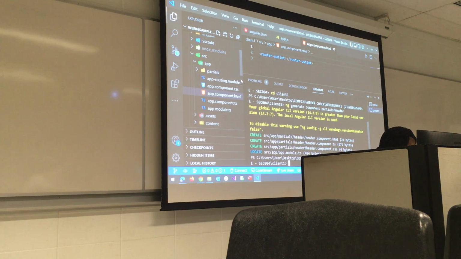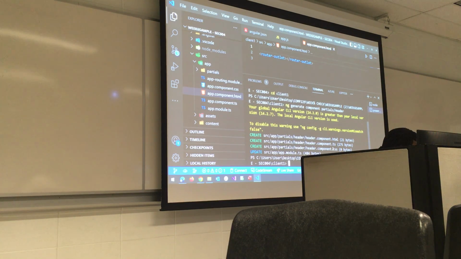So to create the components, the header component. So it's to create the component for the header. So for the header component, we have the HTML, the CSS, the TS file.